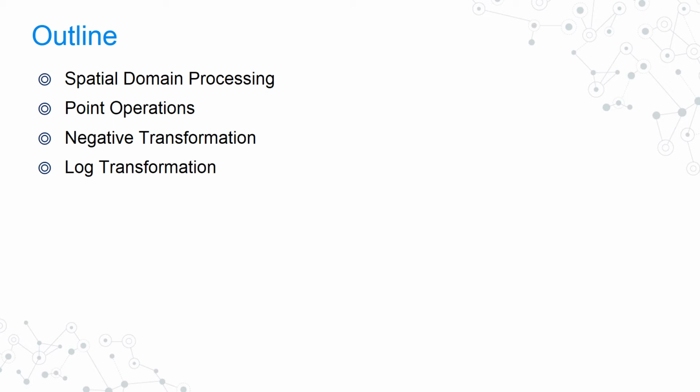So in this lecture today we're going to study spatial domain processing, where I am modifying the pixel intensities in order to visualize the image in a better way so that information can be extracted precisely. And we would observe that spatial domain processing can be classified into two parts. One is point operations and the other is neighborhood operations. So today we're going to study point operations, wherein we would be taking a look at negative transformation and